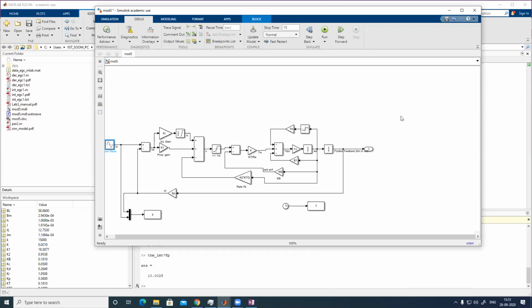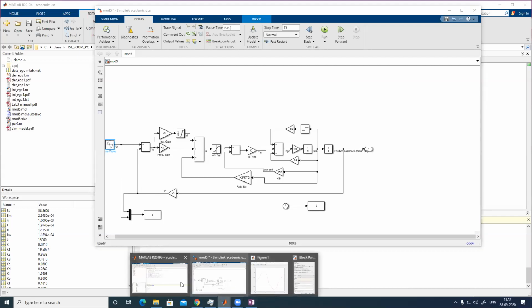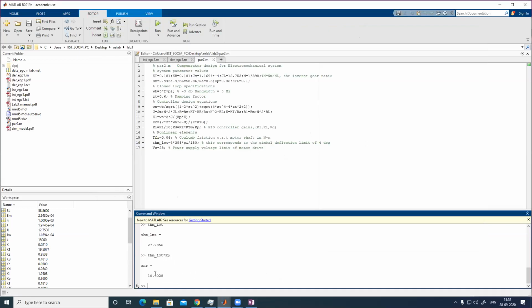Now it is a practical system. In a practical system, the sensor takes the feedback, and that sensor gain factor is KP. So multiplying by that will correspond to that. 100% means you have to give the voltage as 10 volt. Earlier you were taking theta reference; now the theta reference will be 10 volt according to this. Theta limit multiplied by KP is 10. 100% is 10 according to the voltage scale, so 10% means 1 volt. So you have to give 1 volt here.